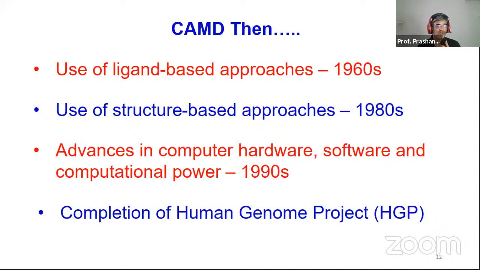And currently we also have another technique at our disposal, which is called cryo-electron microscopy. In 2015, three scientists were awarded the Nobel Prize in chemistry for the advent of cryo-electron microscopy. In fact, I think two or three weeks ago there was news in some magazine that nowadays, with the help of cryo-electron microscopy, it is possible to get atomistic details of molecules. Now, that's a huge accomplishment. So read more about cryo-electron microscopy, and you will be amazed at the potential it has.